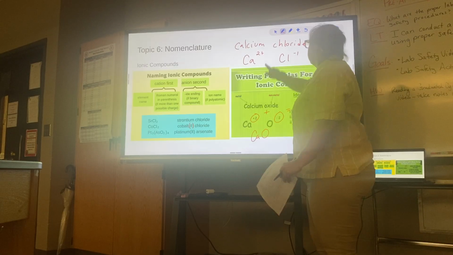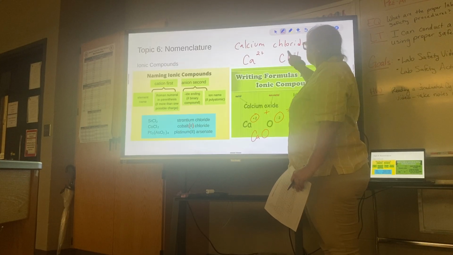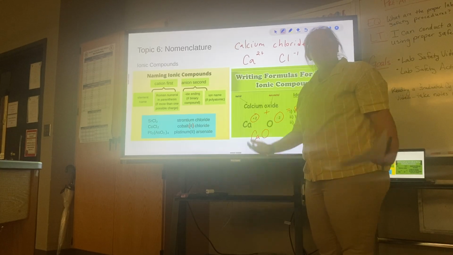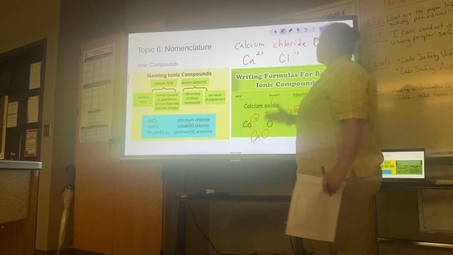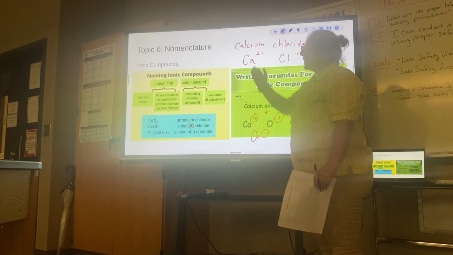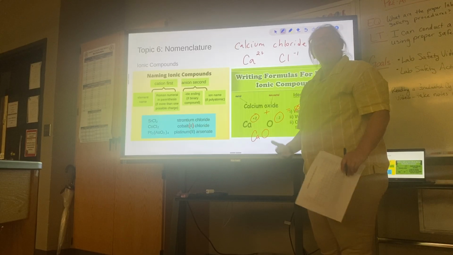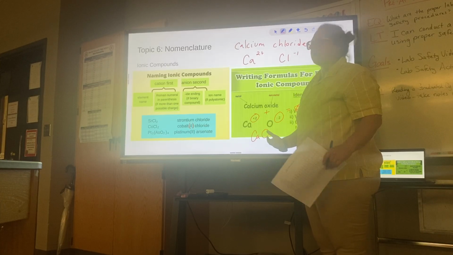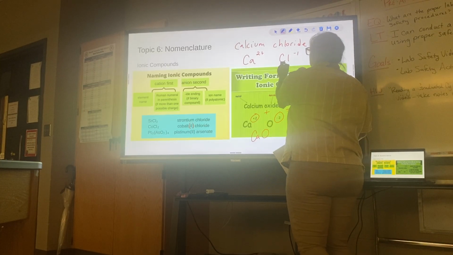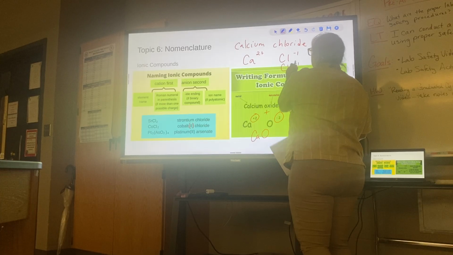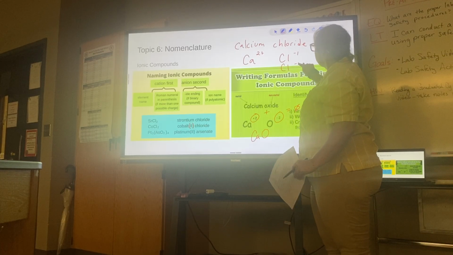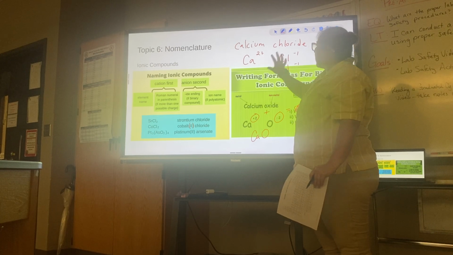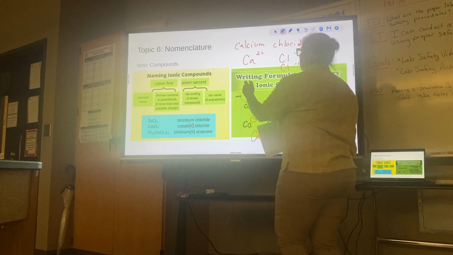Now, does 2 plus -1 equal 0? The answer is no. So you ask yourselves, well, how many chlorines and how many calciums do I need to be able to neutralize itself, cancel out to equal 0? If I put 2 chlorines here, do you see how -1 and -1 cancels out +2? So the way I'm going to write this compound is this,